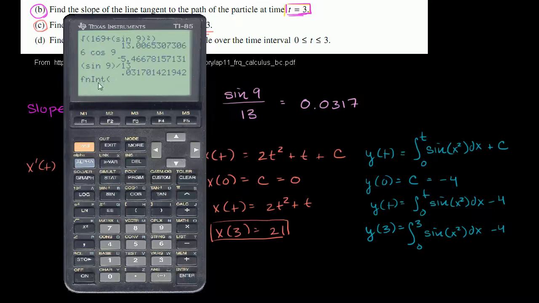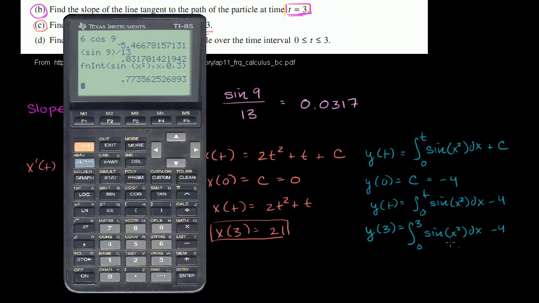This is a definite integral, and then I want to evaluate the definite integral of this right over here. So the function is going to be sine of x squared. That's what I want to evaluate the definite integral of from 0 to 3. And sorry, I need to say what the variable of integration is first. So my variable of integration is x, and I'm going to go from 0 to 3. And this gives me, let's see, let the calculator think a little bit,